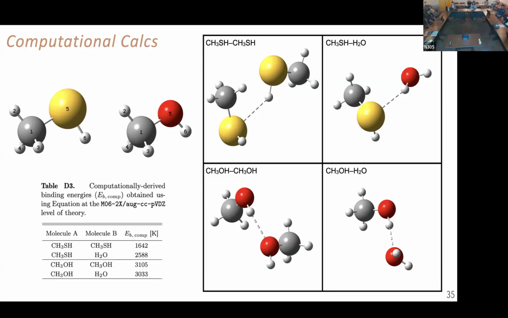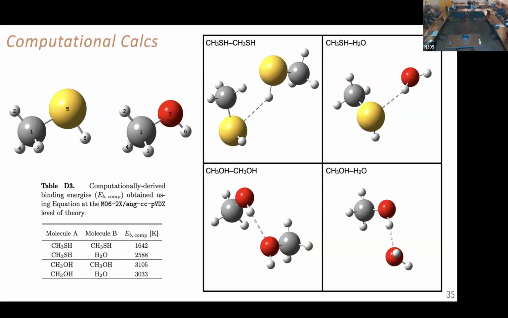Generally, dimer calculations have been shown to match experimental binding energies pretty well with some conversion factor. But for these, it doesn't even make sense qualitatively. This is just the method I used to calculate these. Relative to these two, for methyl mercaptan to methyl mercaptan and methyl mercaptan to water, we should expect